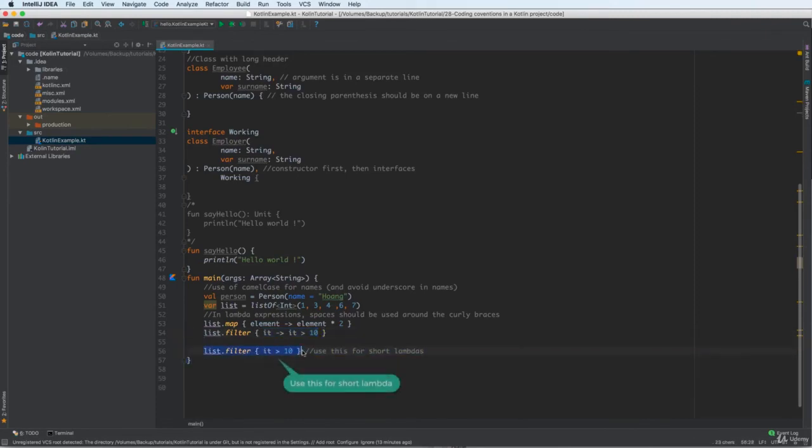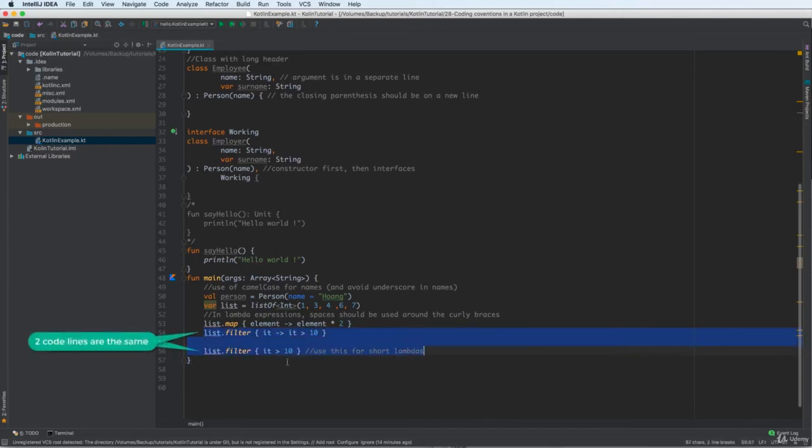Here if the lambda is short, you can use this for a short lambda. You only need the implementation for a short lambda here. So two ways are okay, the two are the same, but the second